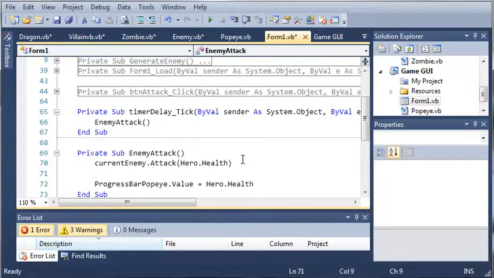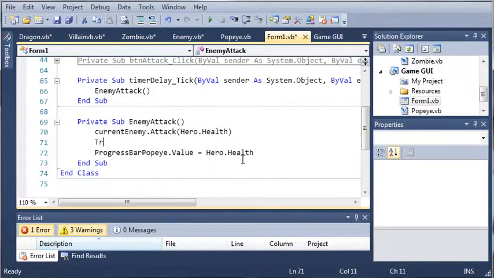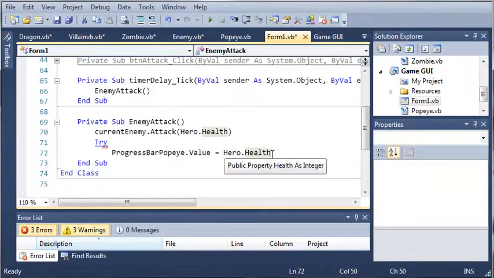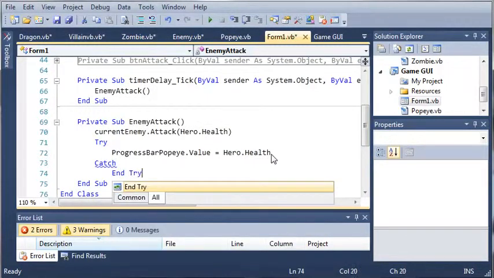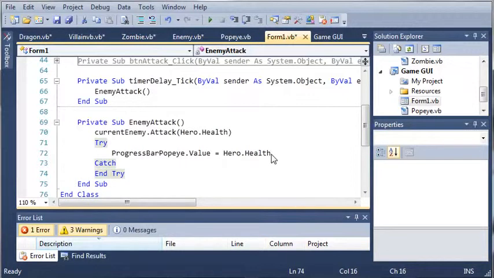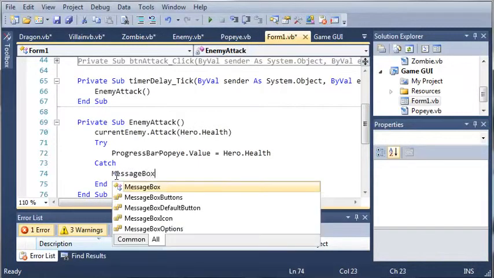Now what we need to do is enclose this in a try block. So we will try to set the value to the current health of Popeye, and if it's below 0, it will throw an error, and we'll be ready to catch that error. So if that happens, what we want to do is type messagebox.show